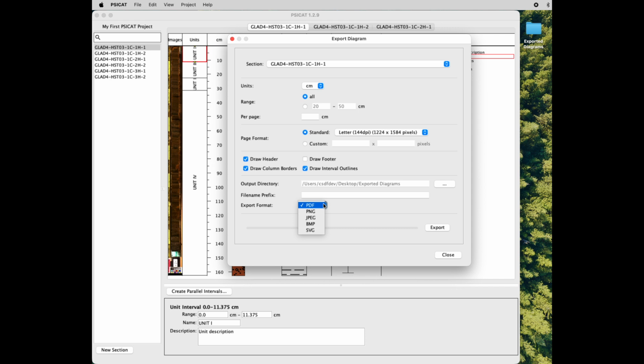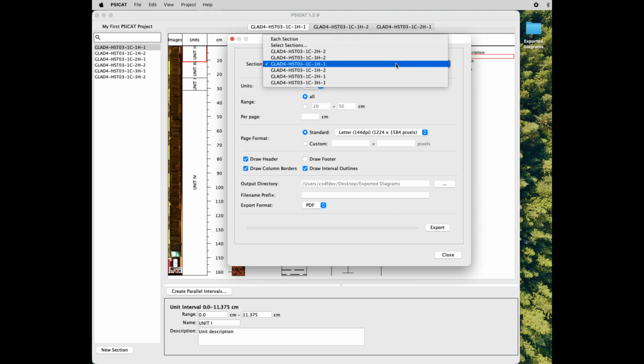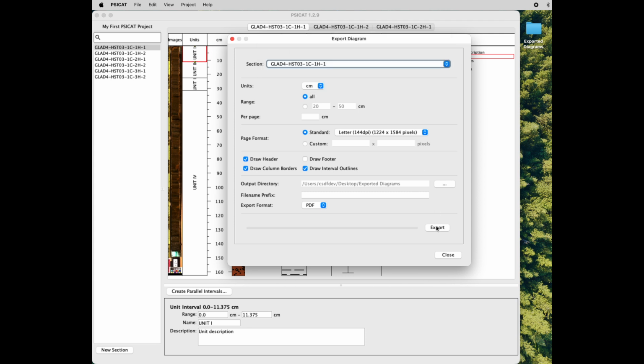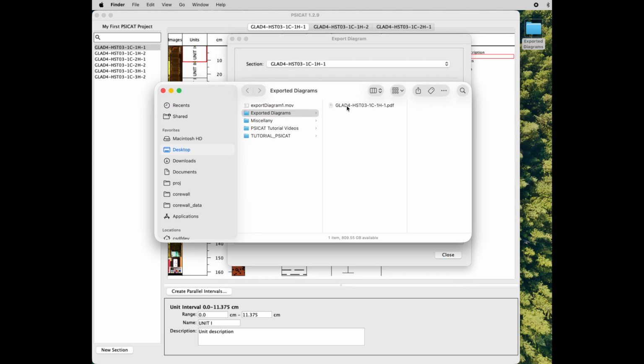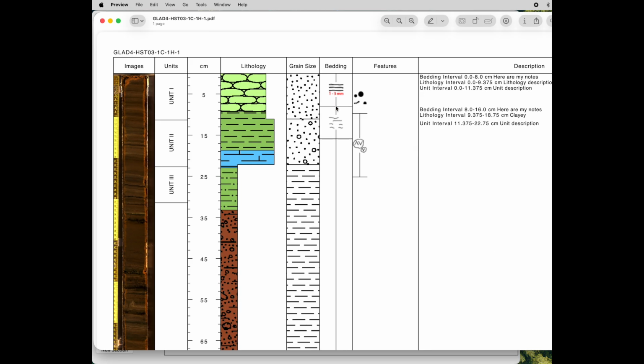And then you have a choice of export formats. Again, PDF is the most common, but you have other choices if you want them. So with all these options set, I am now going to export a single diagram for this section. By clicking the Export button, there we go, export is complete. And now if I look in my exported diagrams folder, there it is. If I open it up,